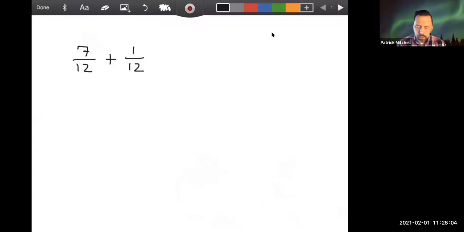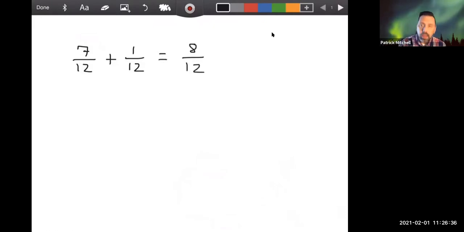Anyway, it's working. All right, so 7/12 plus 1/12. In general, addition and subtraction of fractions, which includes rational expressions, can be a little bit more of a pain than multiplying and dividing because you need common denominators. If you have a common denominator, it's really easy. All you do is just add or subtract your numerators, right? So 7/12 plus 1/12 is going to be